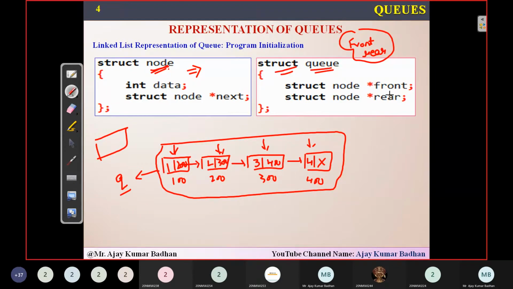And in this, I am declaring two different variables. Remember that this is a node. To create this node multiple times, I will be using this particular structure. What is the struct node? Int data, because this particular node consists of a data block and a next block. But in order to connect them, suppose I have created another node. Definitely I have to connect it, right? This is one. Now this node should be connected with this particular node too. So whenever I'm creating nodes separately, I will use this structure, but in order to connect them, I will be using the queue structure.